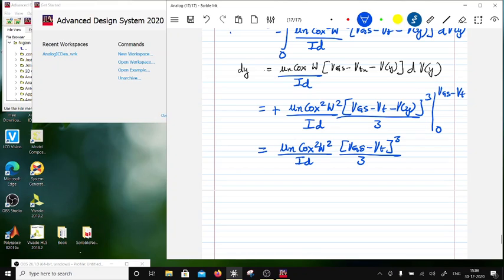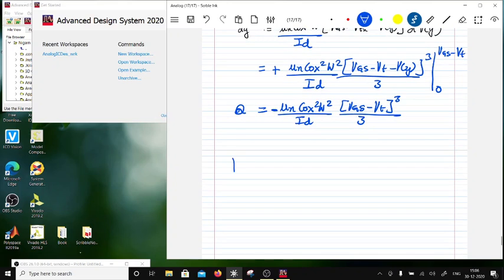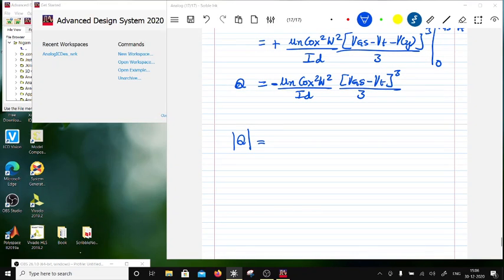Right? So this should be equal to the total charge. So this will be a minus term. This will be equal to the total charge Q. Right? Now mod of Q would be dropping the sign. So divided by VGS minus VT will be equal to CGS, which will be equal to mu n COX by 2 W by L VGS minus VT square, and the remaining terms is going to be, I divided by L,